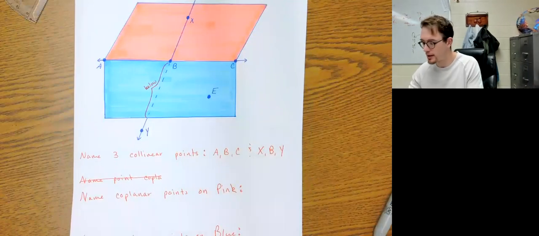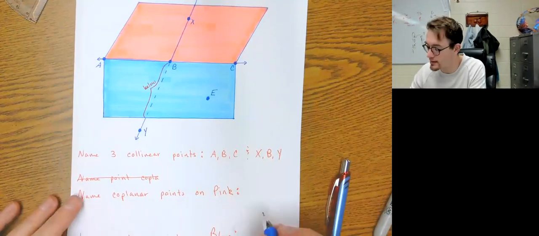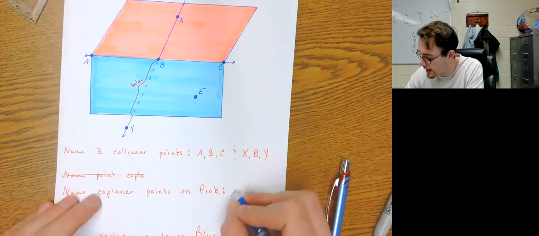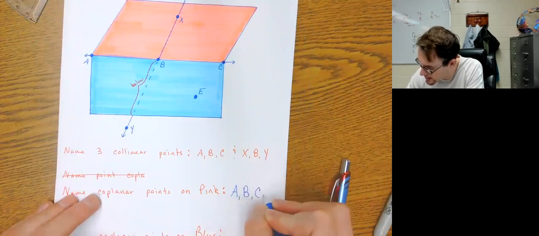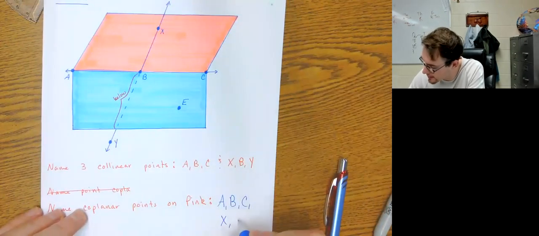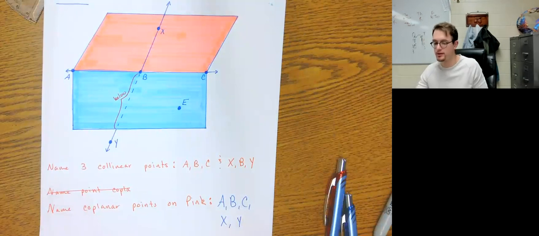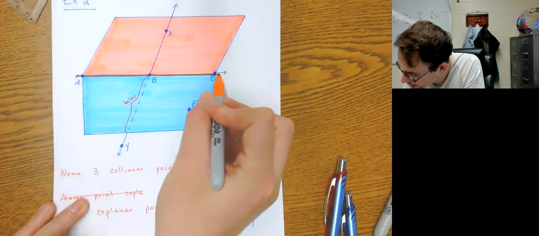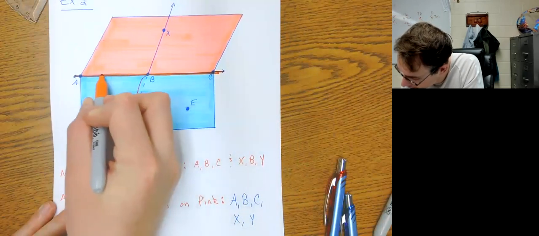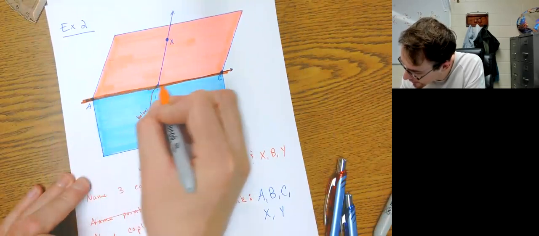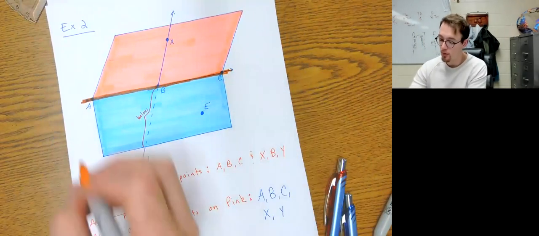So we get tricky here. So the pink is actually all five. We get ABC because they're shared. ABC is shared. So I get A, B, C, but then I also get X and Y. That's on the pink plane. So let me actually come through here. And this line right here, that's shared. This line is shared. So all the points that are on that line